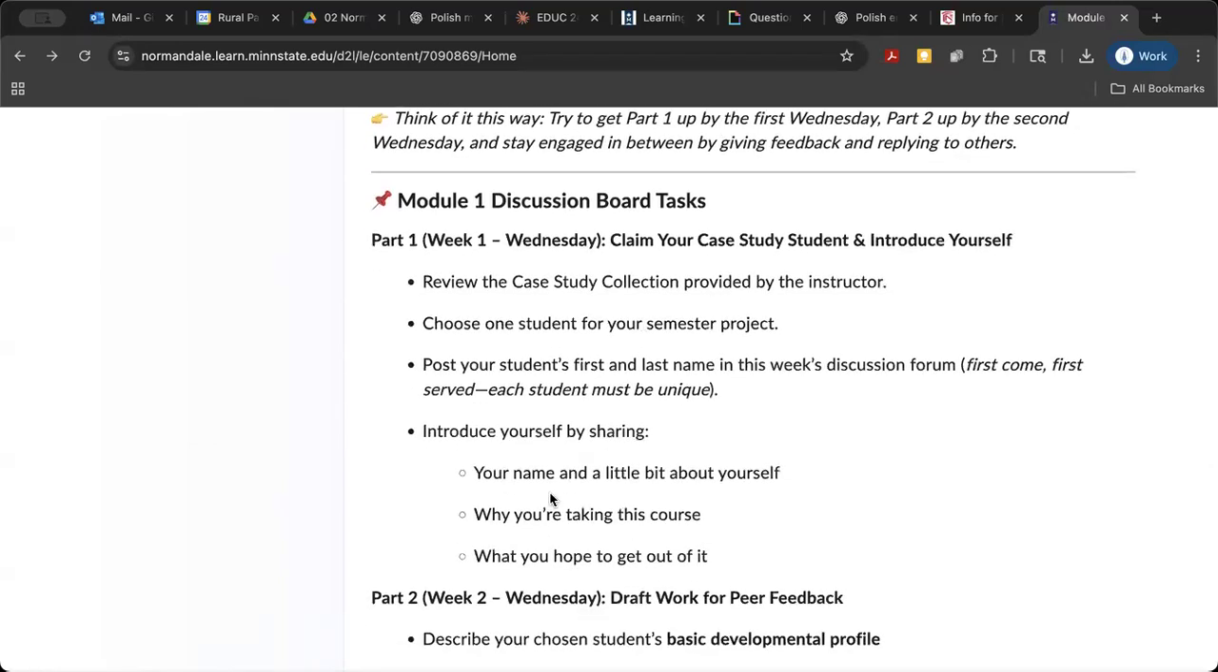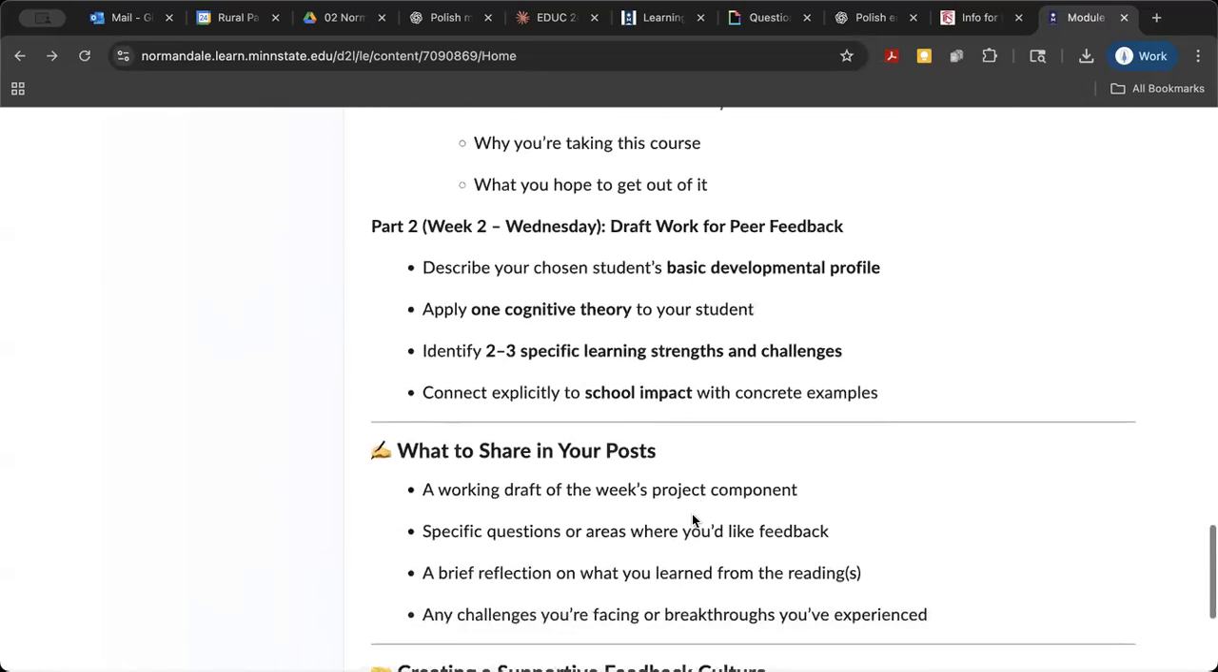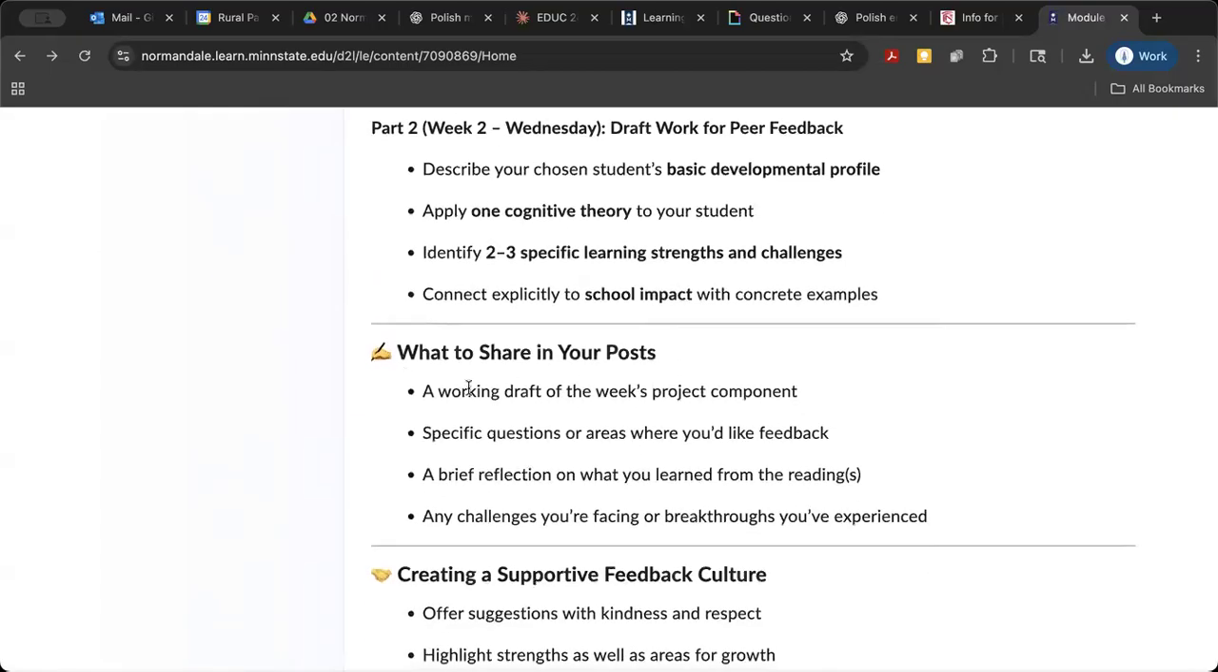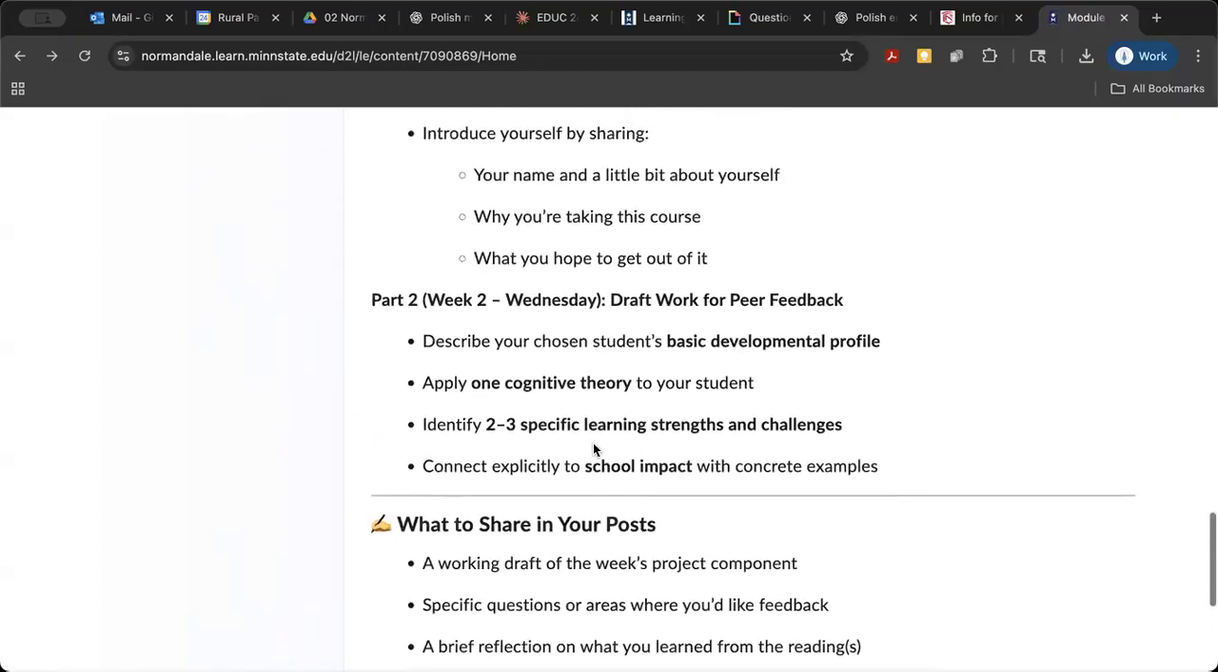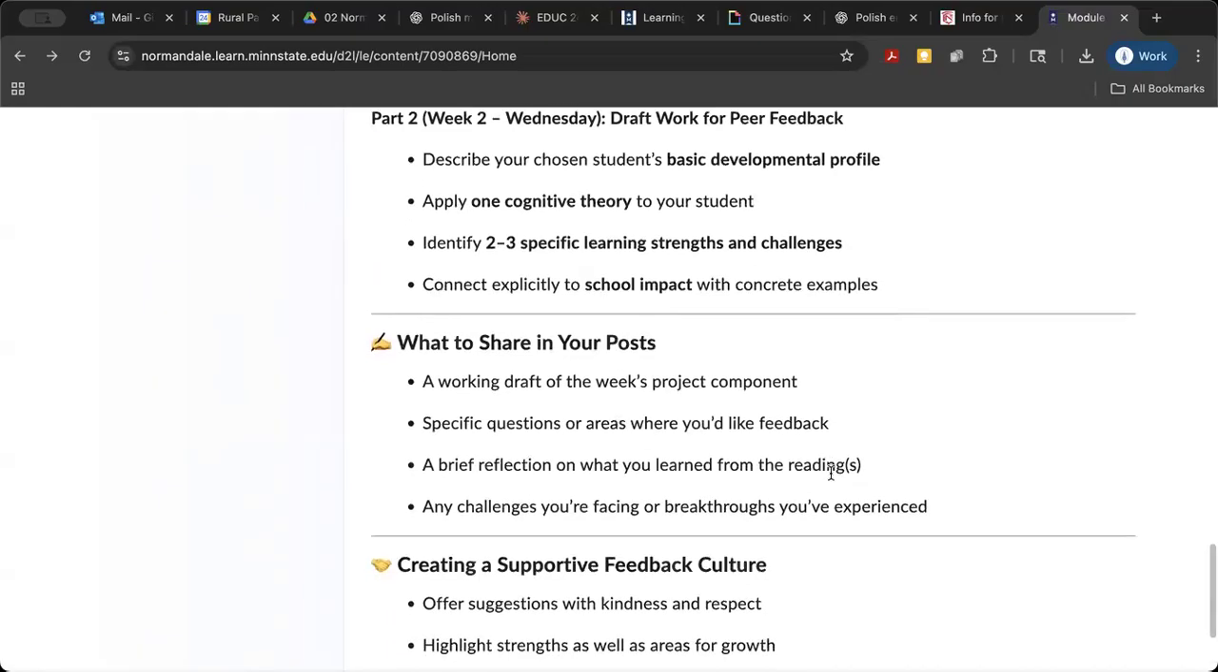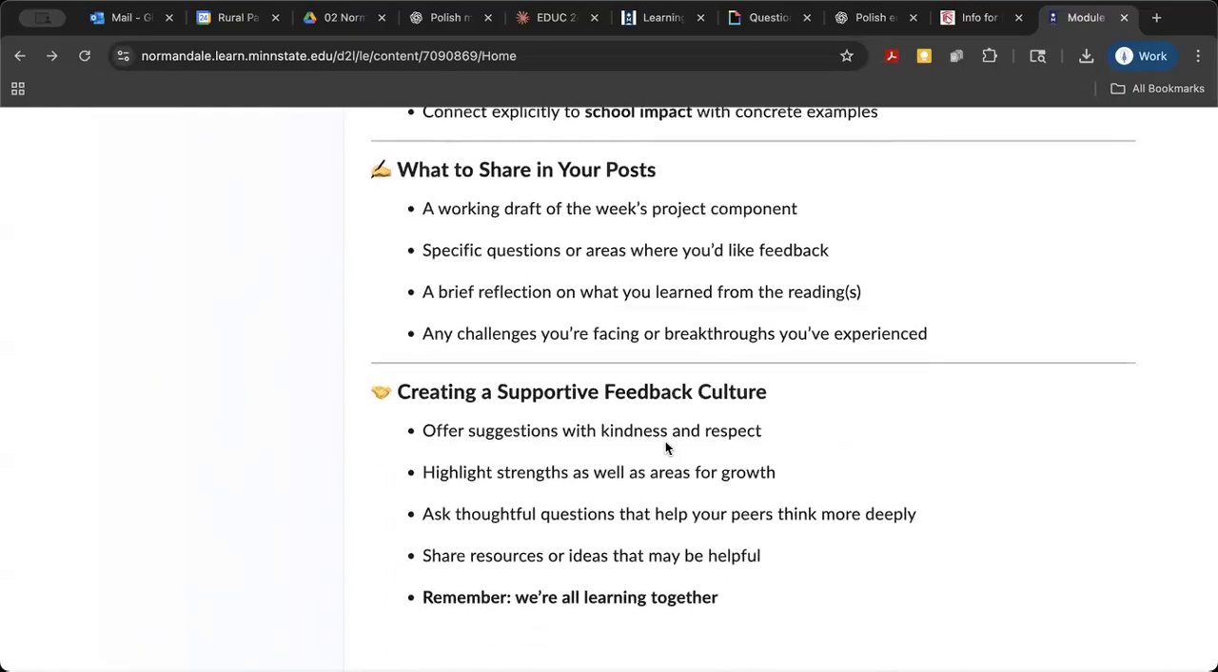So here we go. And I also break it down a little bit more here. And here it talks a little bit about more what to share in your posts when you're posting drafts of your work. And then like, what do you say? What do you give back as feedback, right? And I'll be active and I'll model that for some of you and share examples and things like that. But offer suggestions with